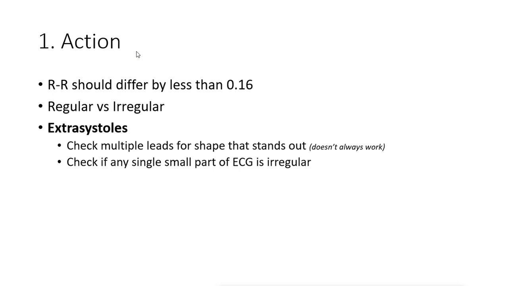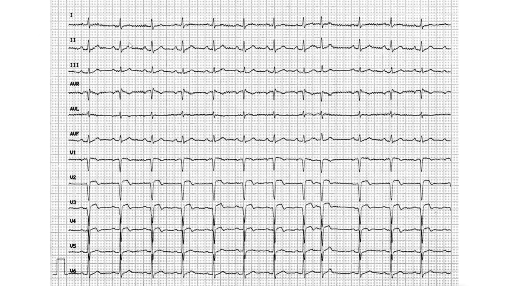Action, i.e., is it regular or irregular? Are the RR intervals regular or irregular? First thing, of course, you have to check is the difference between the RR intervals, which should differ by less than 0.16. What do I mean by this? I'm going to just jump to the first example. What we're looking for is that